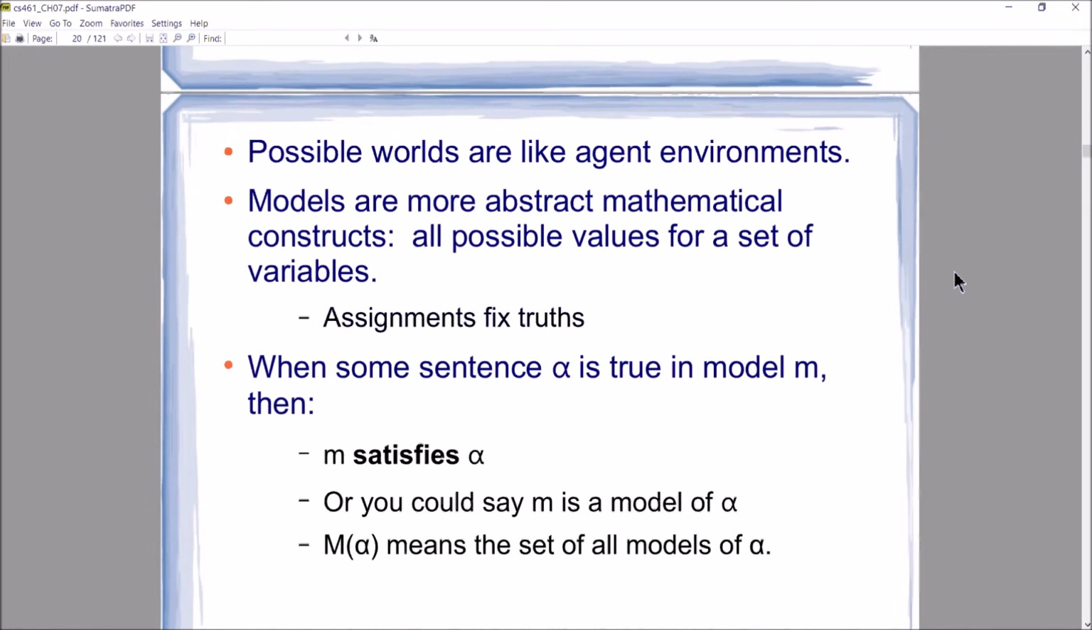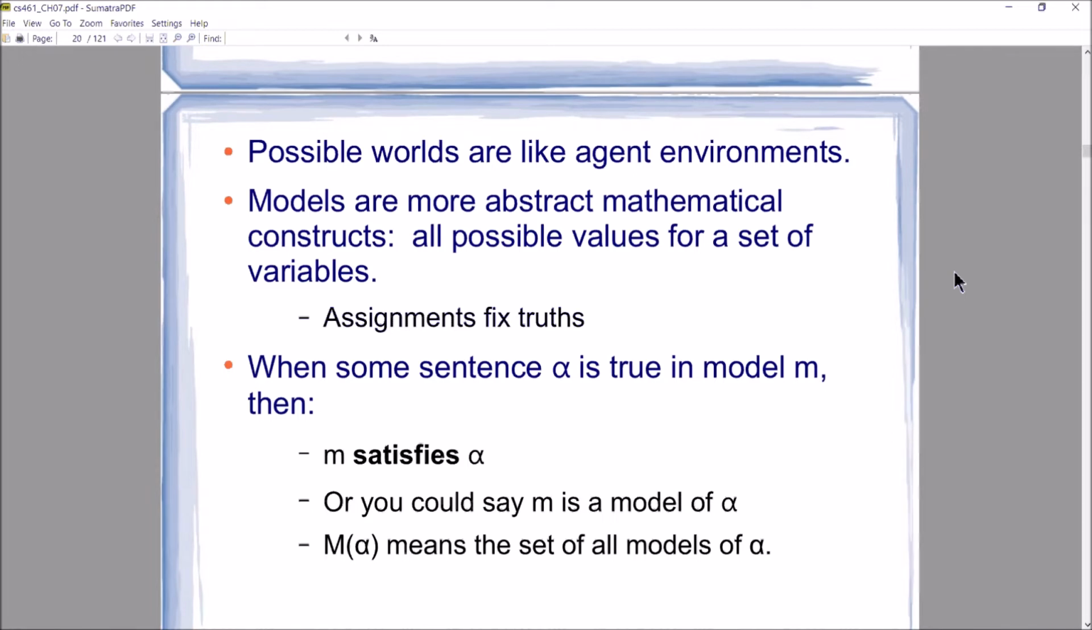Okay, so possible worlds, when we talk about that, it's kind of similar to agent environments, right? What are all the possible states that an agent could find itself in? So it is possible that the agent could be in this particular state, or in this other state, or in this third state. Now, I'm using the terms possible worlds and models interchangeably, but models are more abstract,